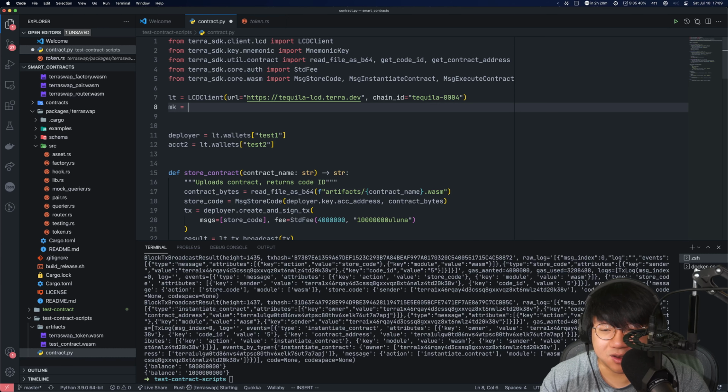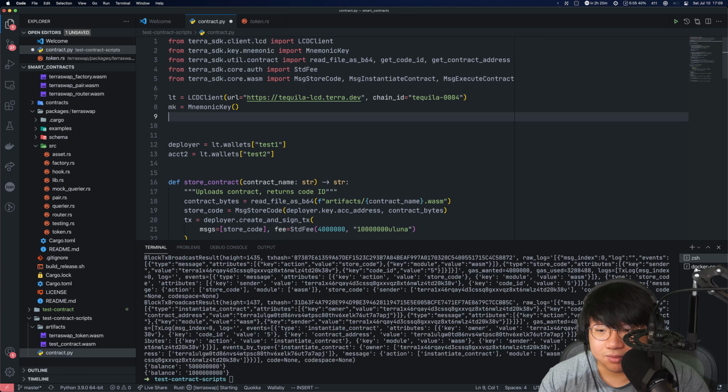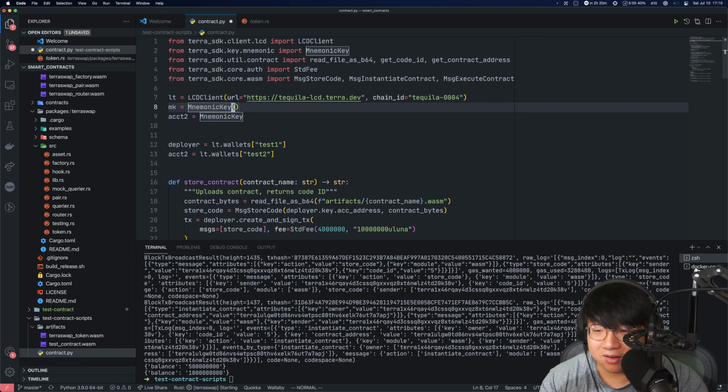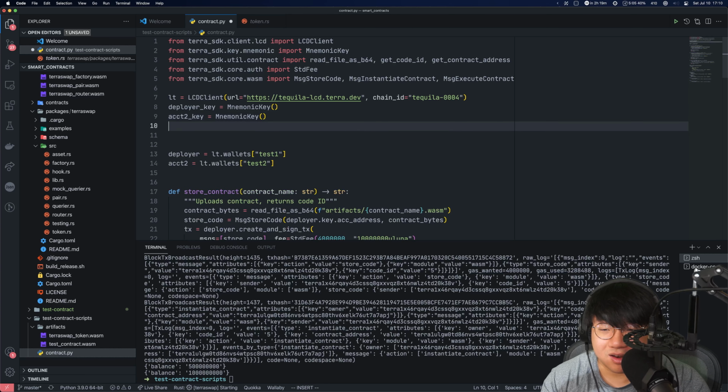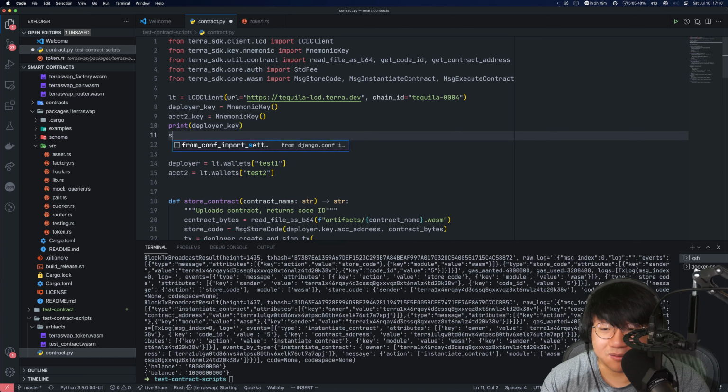So deployer's key will be a new mnemonic key, and account 2 will also be a new mnemonic key. Here, deployer key, and account 2 key. This should help with it. And then let me just print out their mnemonics, so then I can give them some funds.